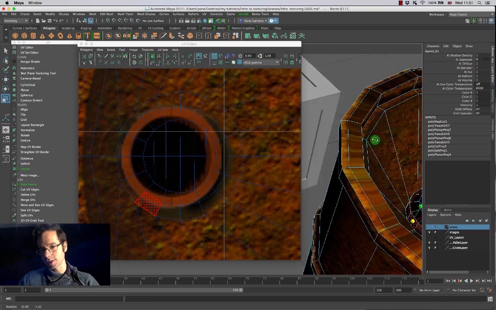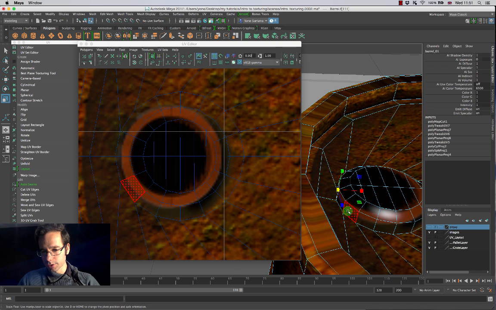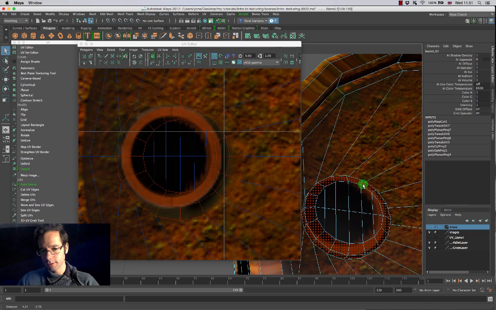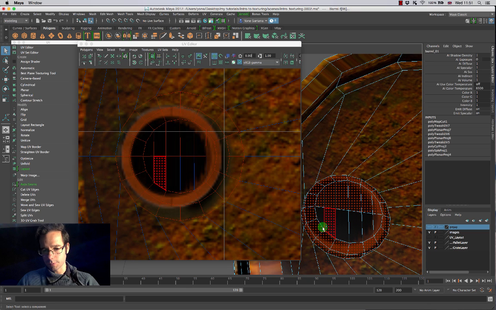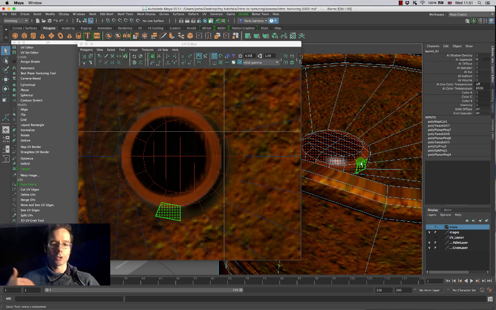So I'm going to go into face selection mode like this, and I'll do a ring over here, hopefully. There we go. Double click that. Oops, way too much information. There we go. Let's fix this. I'm going to come into here, ring, ring, and again, just do multiple selections by shift and double clicking like that. So I've selected everything, including the little mistake that I missed out earlier, and I'm going to do another